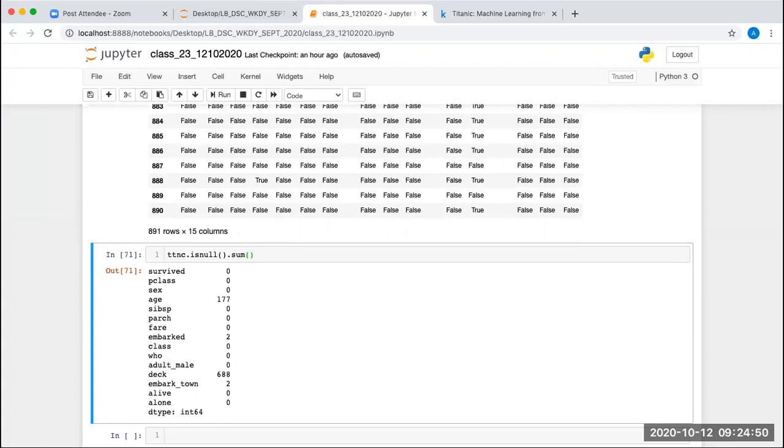Okay. Fine. Now let's see the heat map plot of this data. Wherever the missing values are, we are going to get the heat map for the respective column.